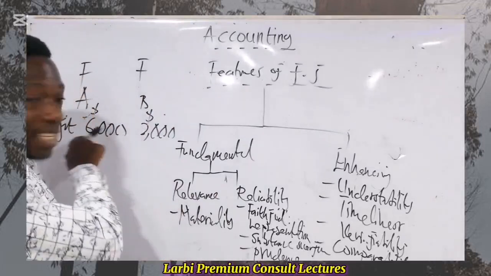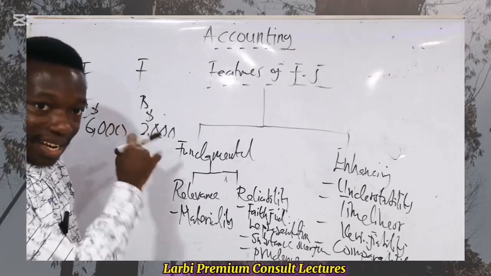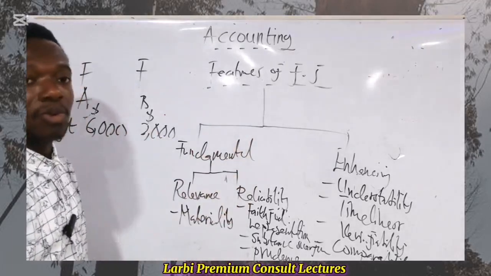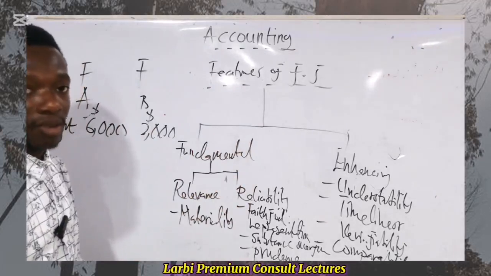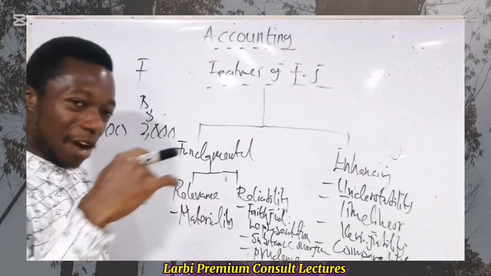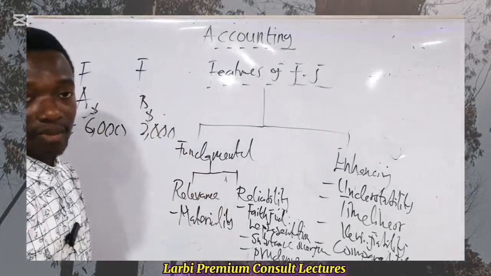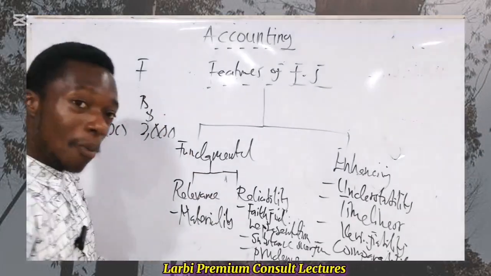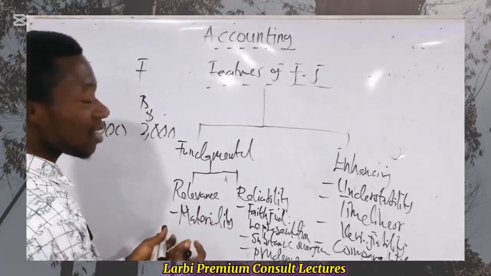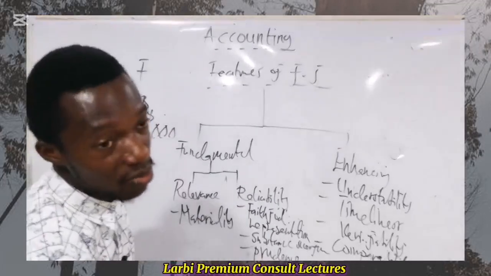So that means that these profit figures are material. They are material in the sense that they can influence the decision that an investor will make when it comes to the financial statement. So that's why we are saying that if information is material and can affect the decision that users will make, it's supposed to be disclosed in the financial statement. So if you omit it or misstate it, say it's supposed to be 6,000 but you state 4,000, that means it can affect the decision that the user is going to make.